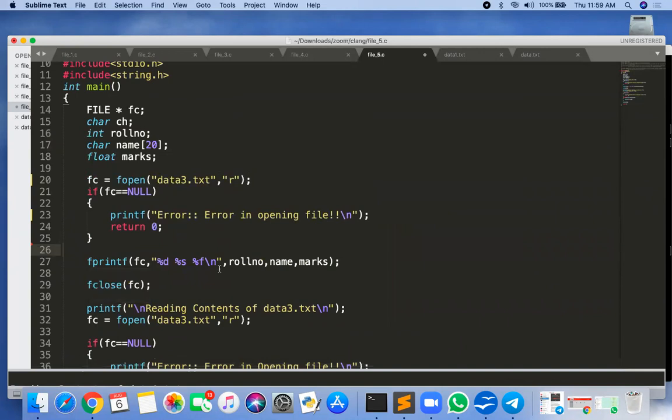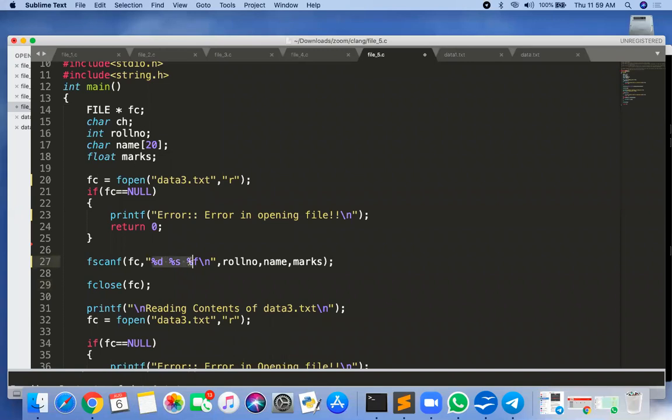I'm not reading the whole data. So one data I want to read. So which function? Instead of the printf function, use the fscanf function. It will be used very simply, just like your printf function. Where from you want to scan? fc. Okay, fc I want to scan.